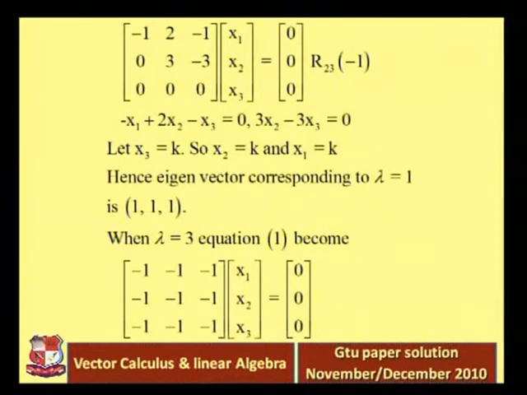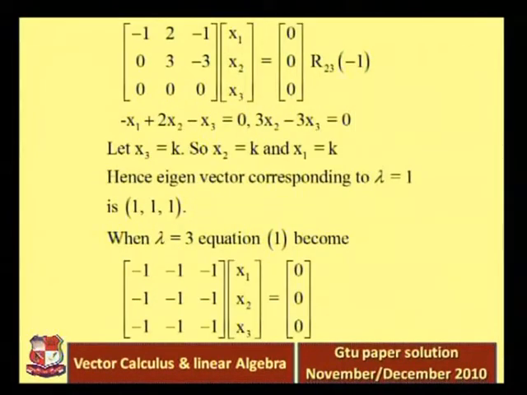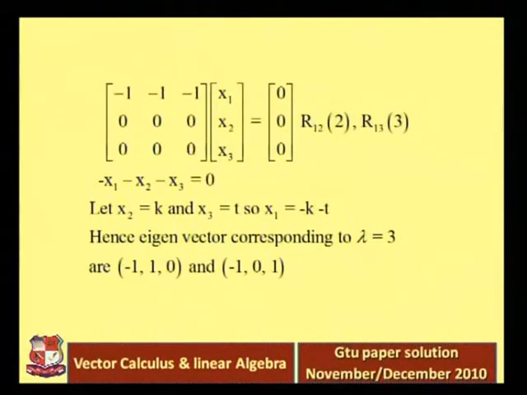So it's quite easy. Whenever you multiply the first row with -1 and add it to the second and third rows, the second and third rows become 0. Here the process is, we multiply the first row with... not 2, but we multiply the first row with 1. Here is the mistake, we multiply the first row with -1 and add it to the second and third rows, that will become zero rows. So minus x1 minus x2 minus x3 is equal to 0.